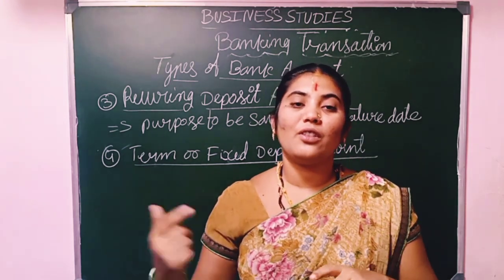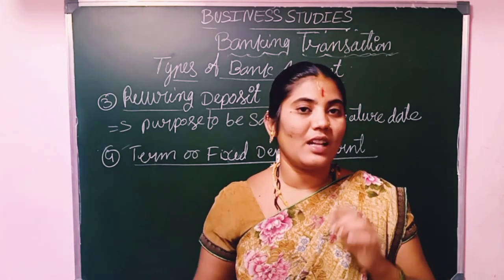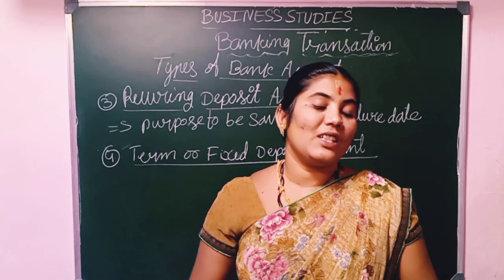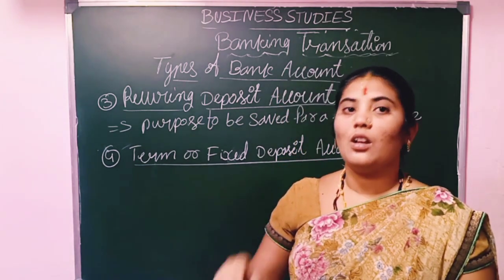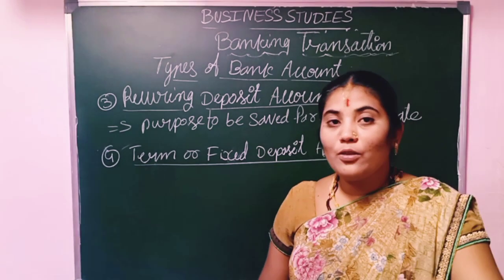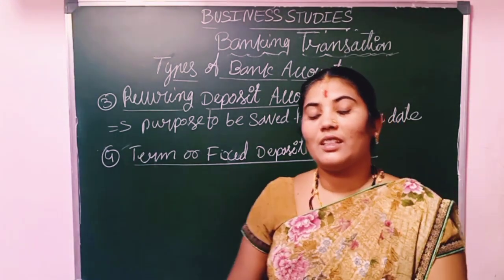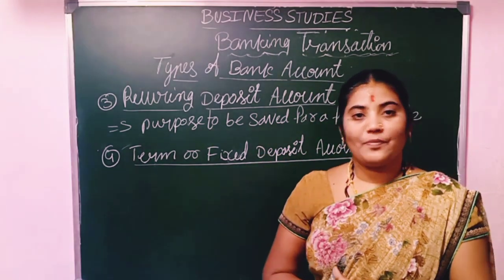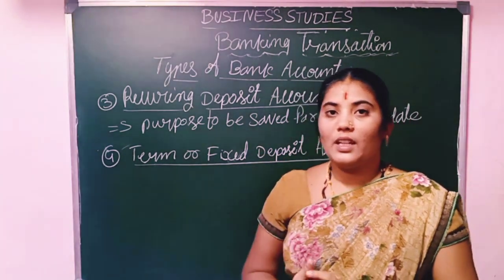Regularly means every month he wants to save 100, 500, 5,000, some amount like that, for his daughter's marriage. How much he is saving is not necessary for us, but when we take the word regularly, that is called a recurring deposit. Okay, so this is all about the recurring deposit.